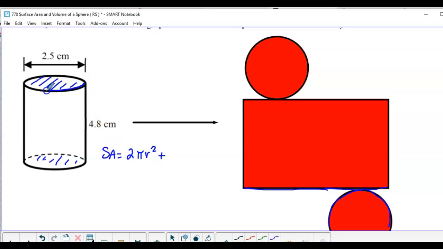So there's the length if you look at it as it's rolled up. So circumference is 2 pi r, and the height of that, we'll call it the height of the cylinder. This would be your h. So 2 pi, now here the radius, we actually have to calculate it because we're given the diameter. So radius would be 1.25,